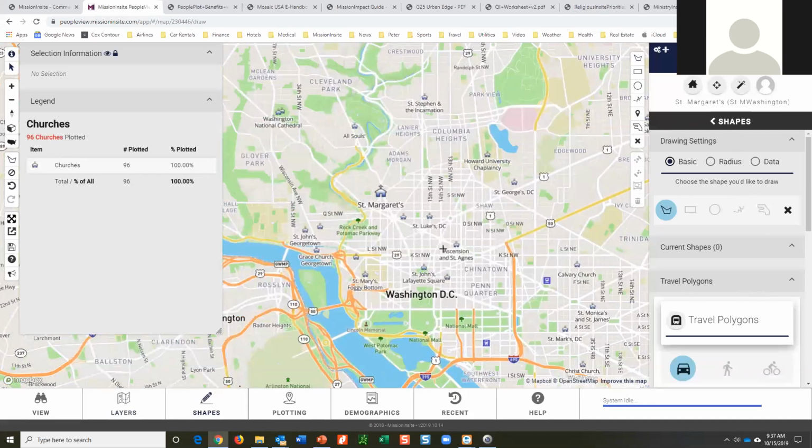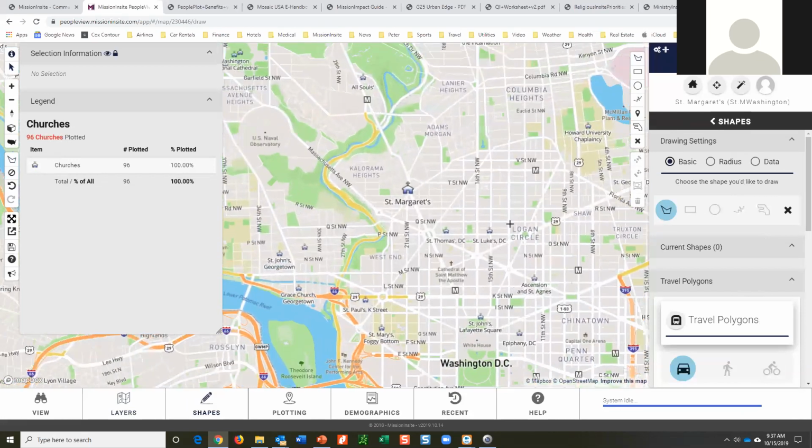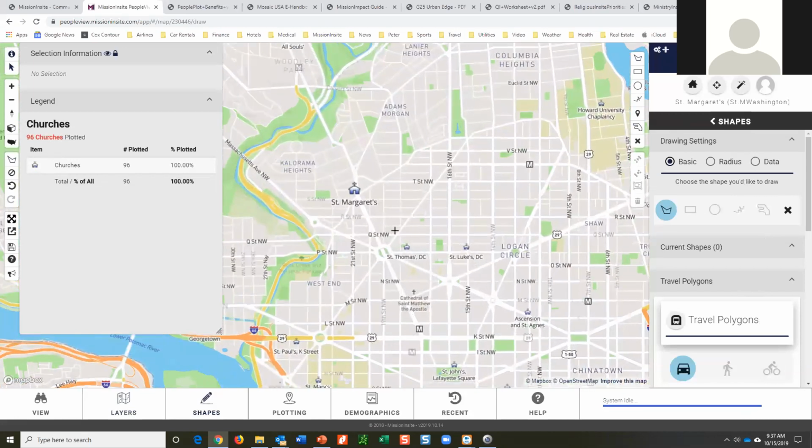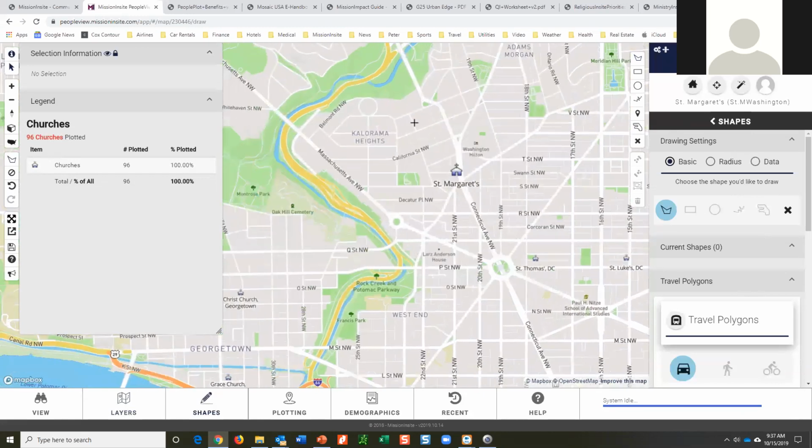So here are my drawing tools. I'm in my shapes, and I have a crosshair. I'm going to zoom in a little, and I'm doing that with my mouse, the little scroll button. And I'm going to say, I want to just start right here. Now all I'm doing is left clicking my mouse.